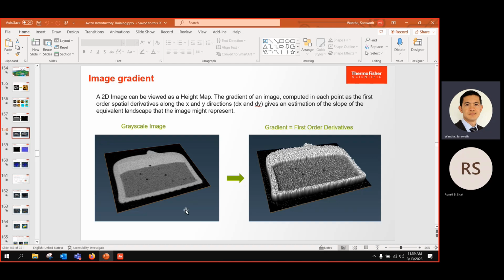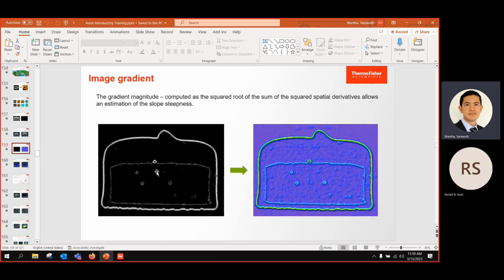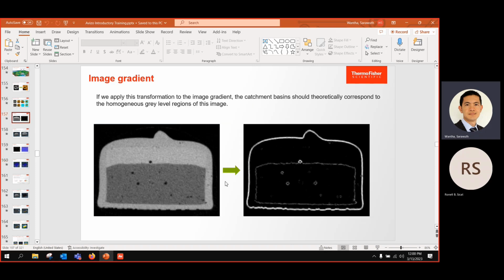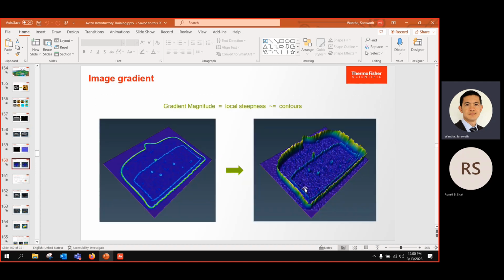So this H maxima is higher. And then we can also expand this gradient image into this. As you can see before, we have just a grayscale image of the chocolate bar. And when you transform this gradient image into the height map, you can see it's like this, because the gradient between the background and the chocolate layer is very strong. So you can see that the map is very high, and the inner layer is a bit lower,